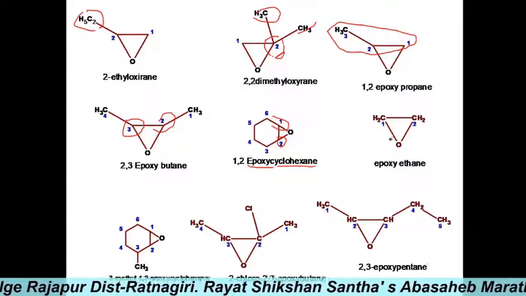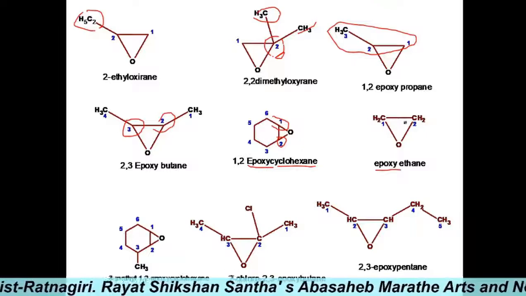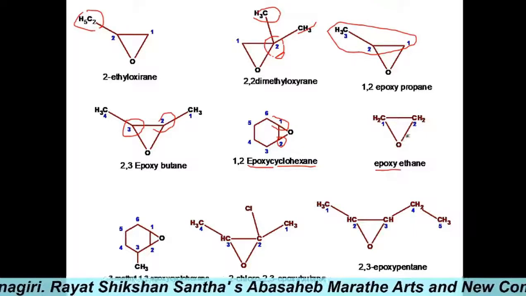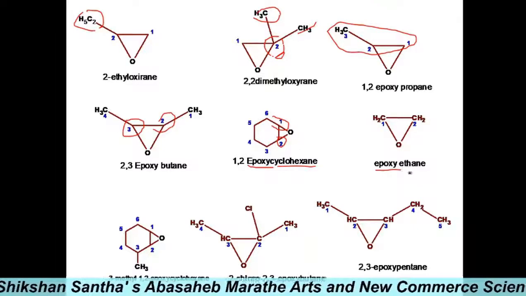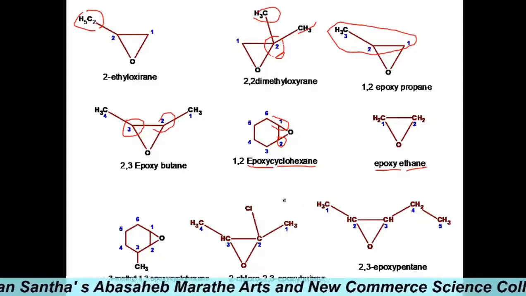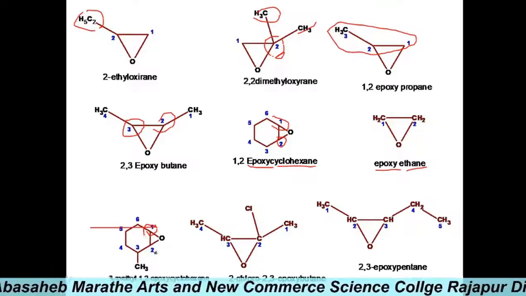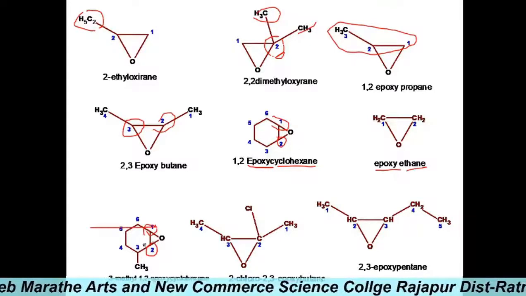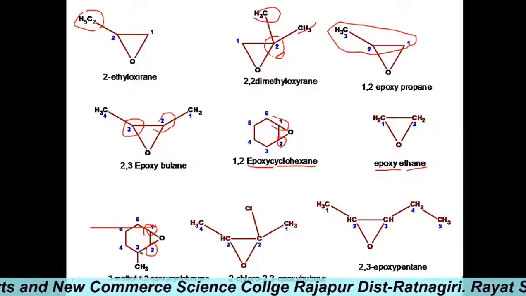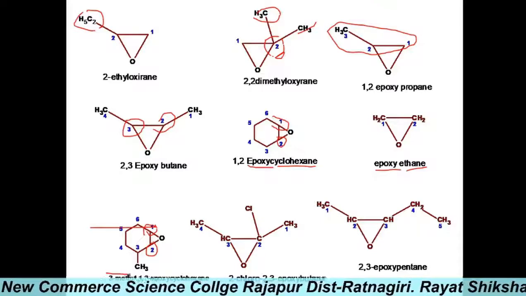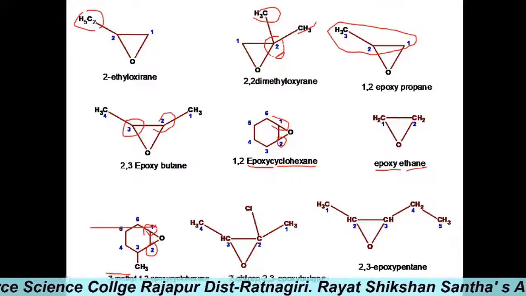Another example, the prefix used is epoxy, with positions 1 and 2 having the oxygen. So we can write 1,2-epoxyethane. Next, position 1 has the oxygen attached, position 2 has the oxygen attached, and the third position has a substituent. So firstly you write the substituent at the third position: 3-methyl, with 1,2 having the oxygen, so 1,2-epoxy